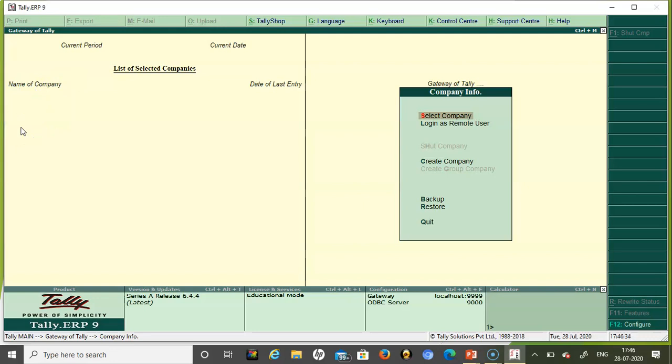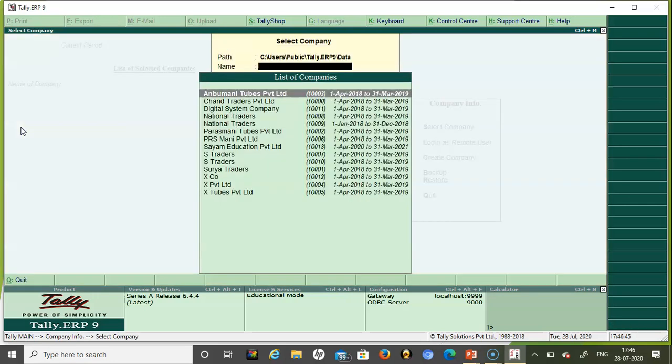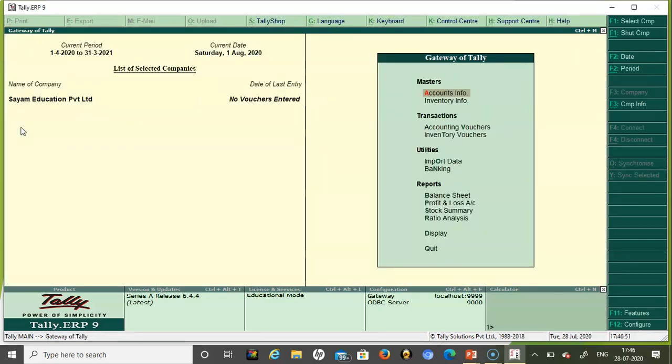Once again you have to select a company to work on it. The company we have created is Siam Education Private Limited. Once again I select the company, then the company gets loaded and comes into Siam Education Private Limited.